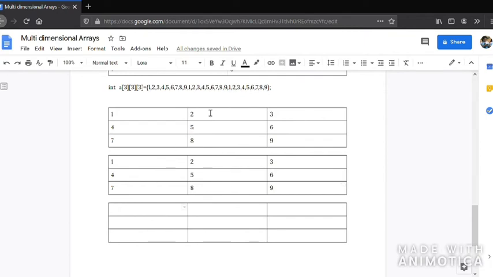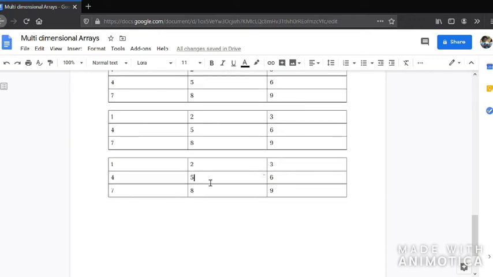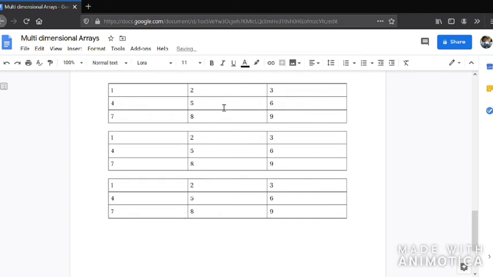second one, that is from this 1 to this 9, 1 2, 3, 4, 5, 6, 7, 8, 9. Now if you have to access this particular value, how much layer is this? This is the 0th layer, first layer, second layer.